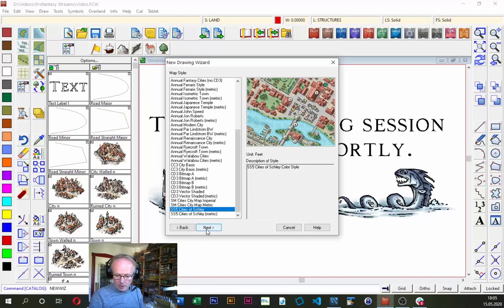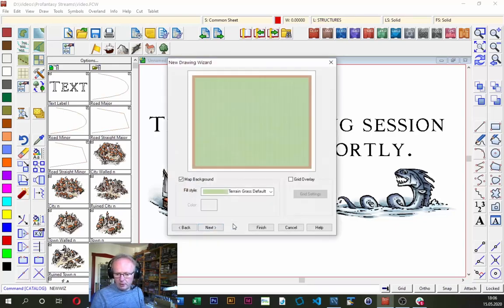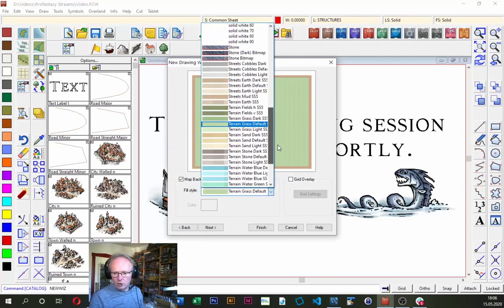So click next, and because I'm thinking I'm just going to create a little marketplace or something, I'm not going to need a huge amount of space on the map, so I'm just going to go with 200 by 160 feet as the area I want to draw. See, these dimensions are in real world units. And I'm going to go one more step and select as the background, not the grass, because I'm going to be right in the middle of the city. So I'm going to use an earthen